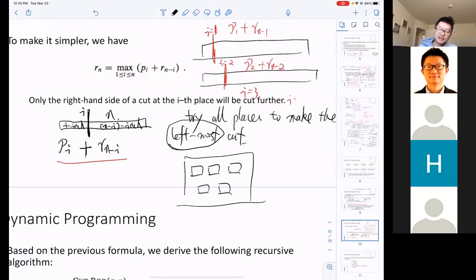So you want to find the best way to rent these rooms in order to make you the most amount